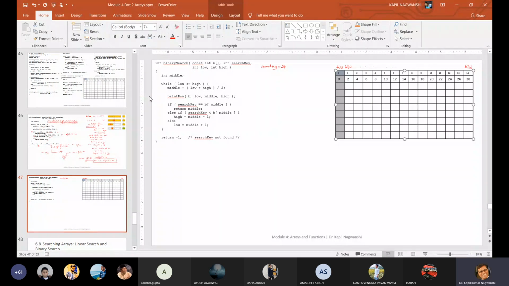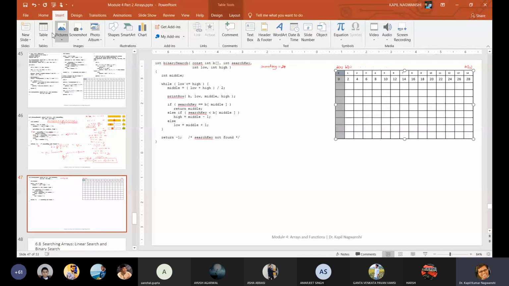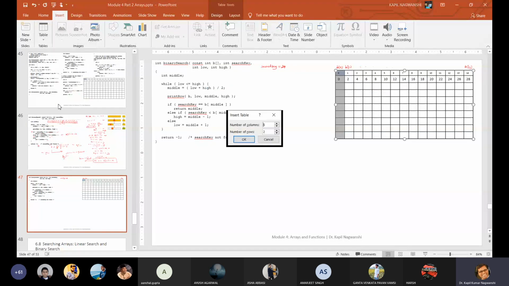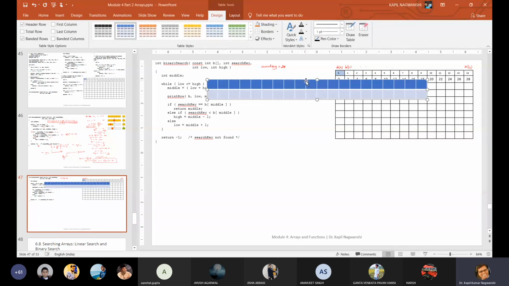Comparison, 3 comparisons are required. So how many in total? Low, high, mid, and 3 comparisons: 3, 3, 6. 14 plus 6 is 20. 20 such columns are required. So let us create one table, insert table, 20 columns and 2 rows.